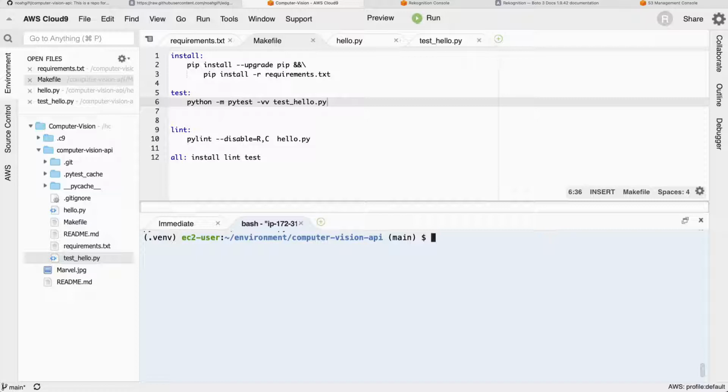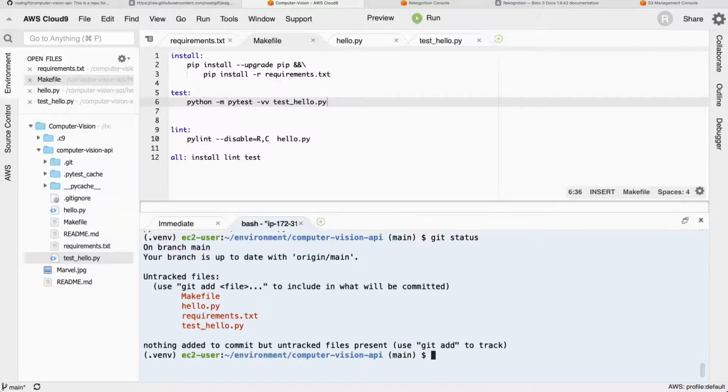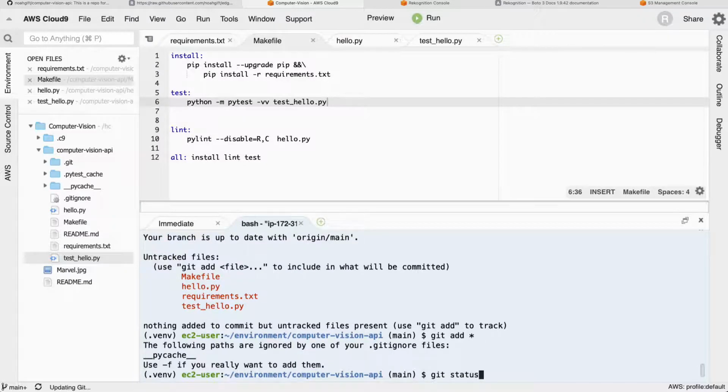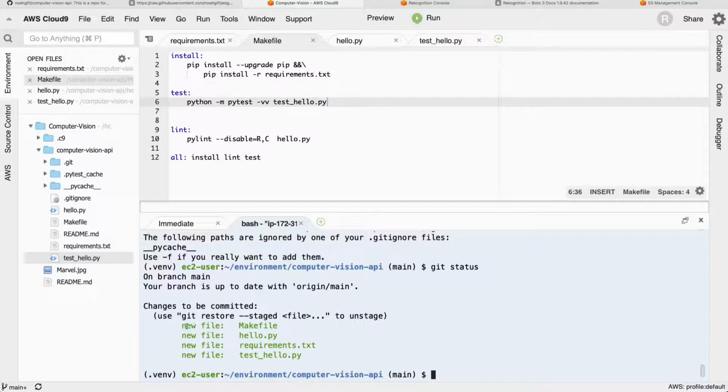So to do that, I would type in git status, and it's going to say Makefile, hello, requirements, test_hello. Those are the four files that I created. We'll go ahead and say git add star. That will add four. If I say git status again, we see that they're ready to be committed. And now what I'll do is I'll say git commit -m "adding basic computer vision project,"